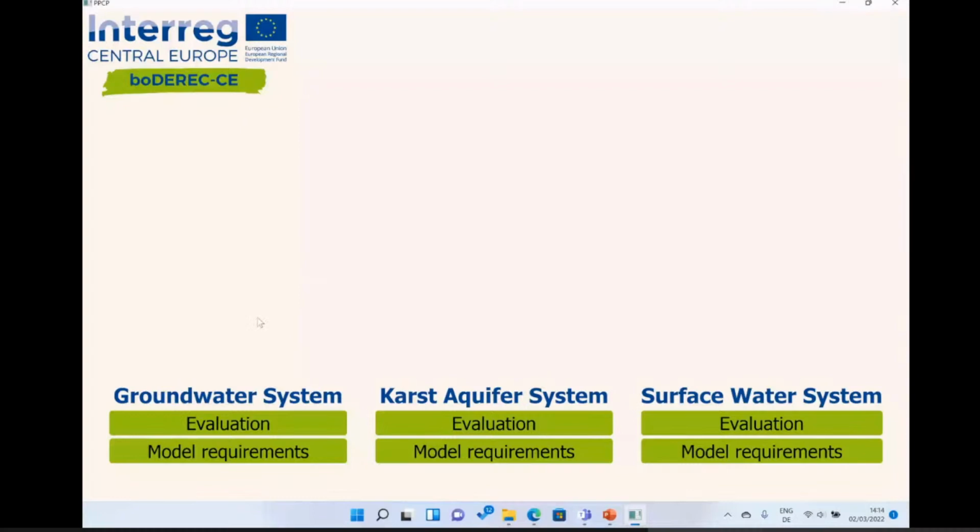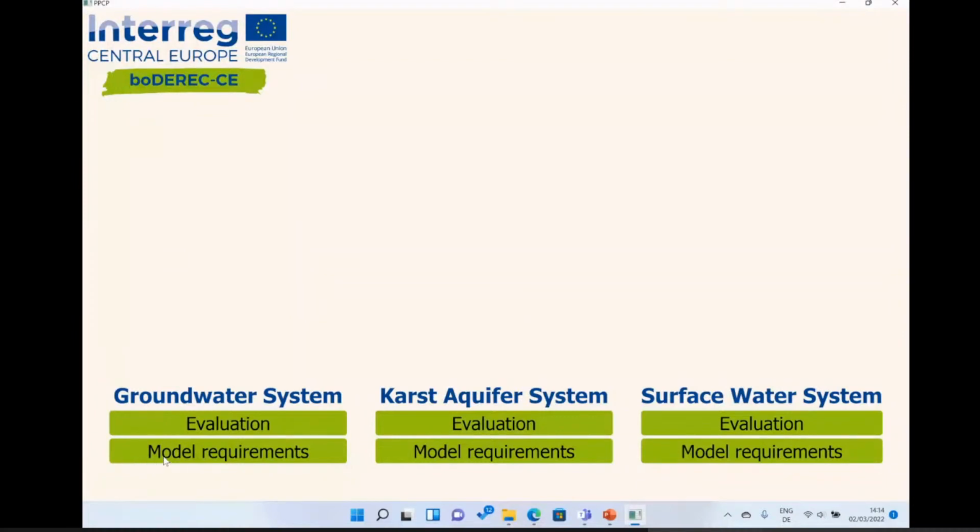And I also mentioned it in the presentation that there are basically 2 key features of modePROCON: evaluation, which means the evaluation of the probability of contamination, and model requirements, which means which parameters you need in order to start or conduct your modeling. So we will see both of these 2 features.